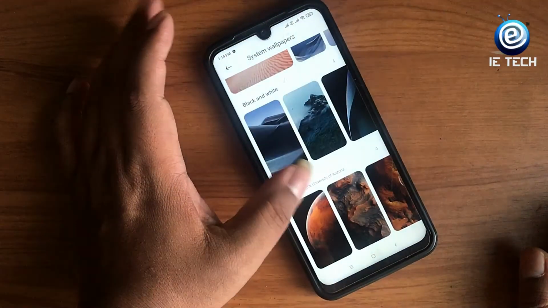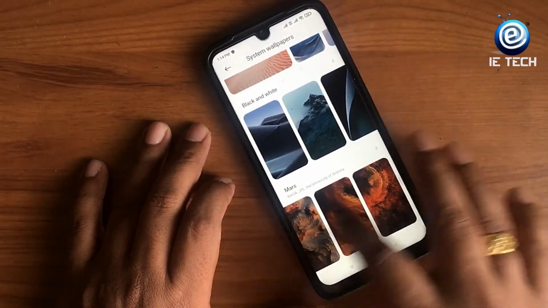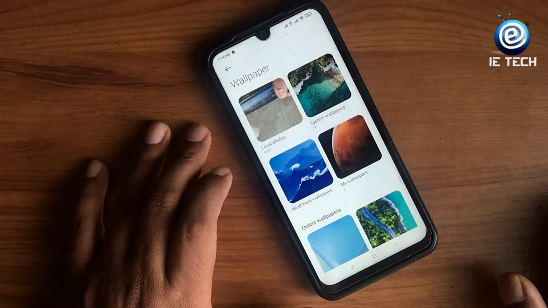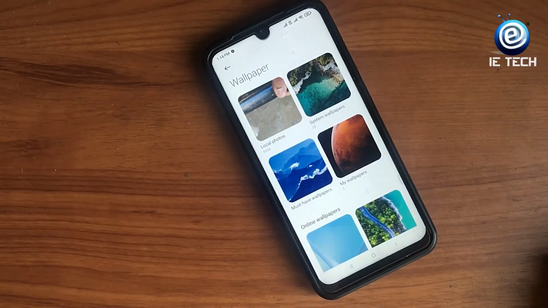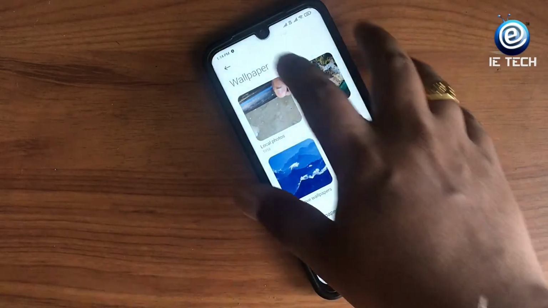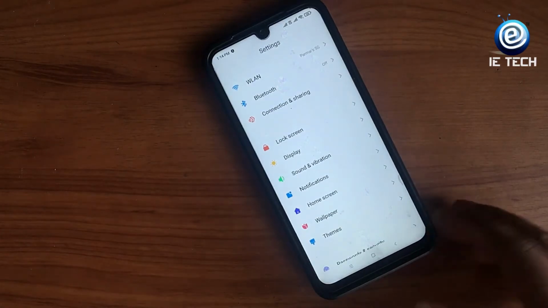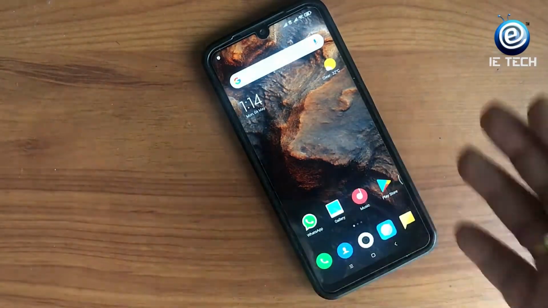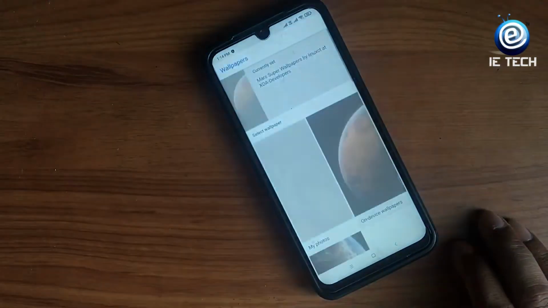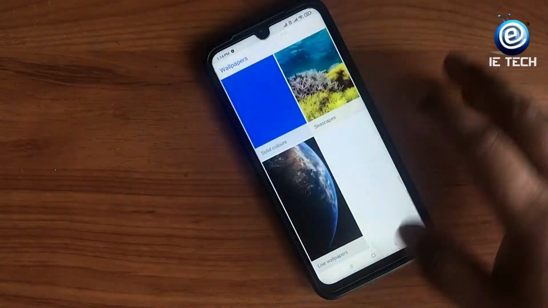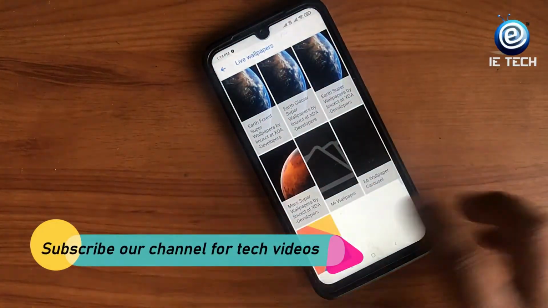The wallpapers which I thought were included in the build, basically the Mars and Earth wallpapers, were included, but only the normal wallpapers, not the live wallpapers. So to get the live wallpapers, I downloaded them from a site. I will give the links in the description. You can download them from there. Then I installed it with the Google wallpaper, and that is very simple. When you unzip the files and install the Google wallpapers, you go to the last section and you will find the live wallpapers. It has been developed by an XDA developer, so it works flawlessly.